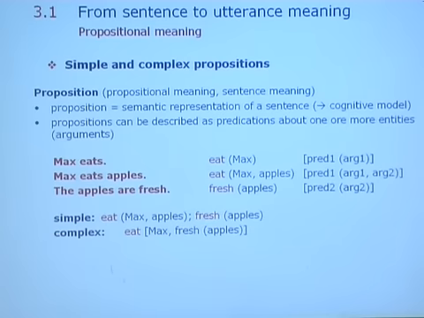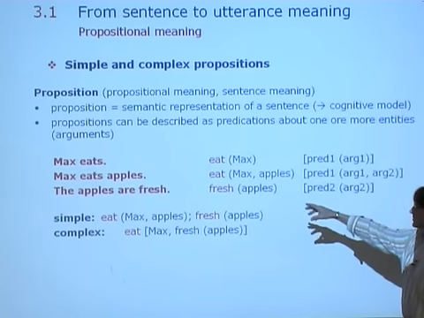So we represent this as a predication about one or several entities or arguments. In the case of Max eats apples, we have two entities, who and what. So it's eat and who and what as arguments. And apples are fresh. Fresh, what is fresh? Apples. And in these cases here, Max eats apples,